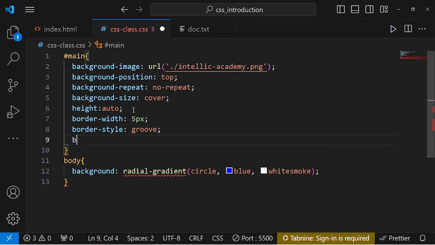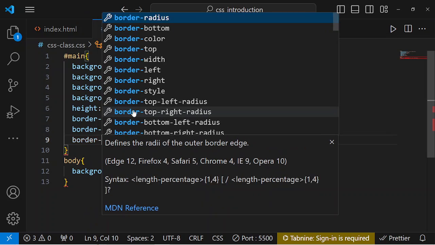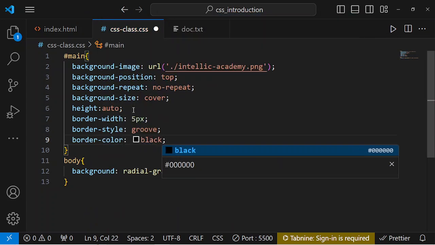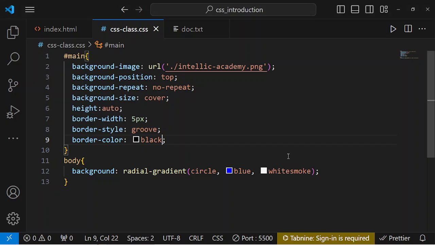So for the purpose, let's just use black. You can choose any color you like. Let's use black. So you come here, can you see? You have this. It's looking good, right? Can you see this groove? We have inner and outside. So if you come here and you see this is making sense, or probably you don't like it, you can come here. The style, you don't like the style, you can make it dashed, you can make it dotted